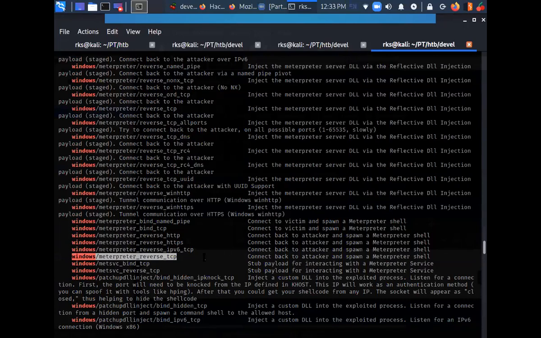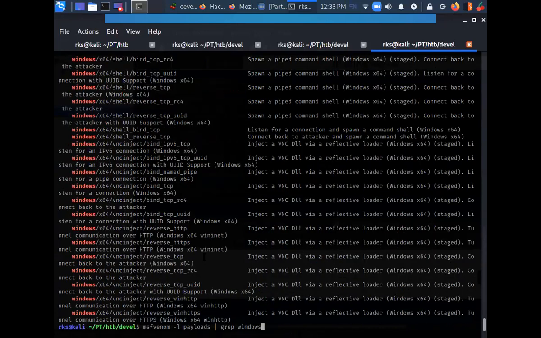So let's just copy this one, do msfvenom -p for payload. So the payload has been specified. Then I am going to use the flags like lhost and lport. Let me just tell you a brief about the reverse shell.